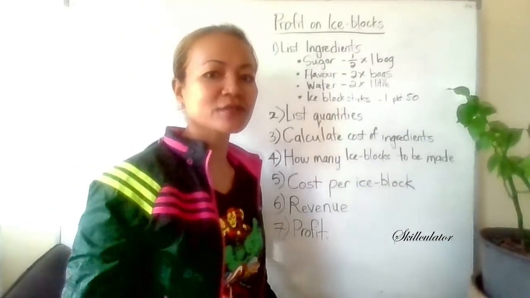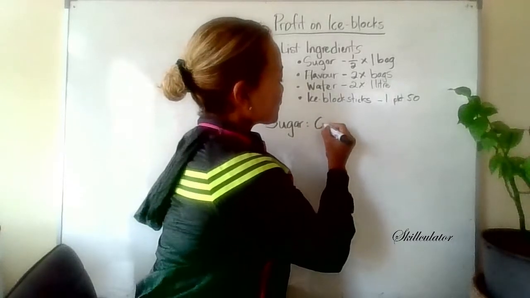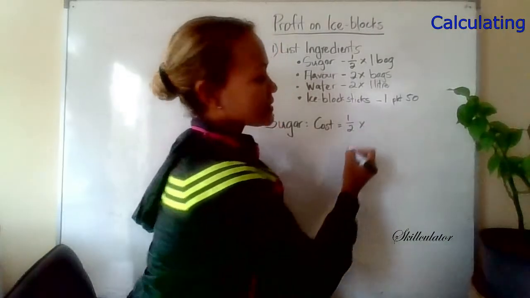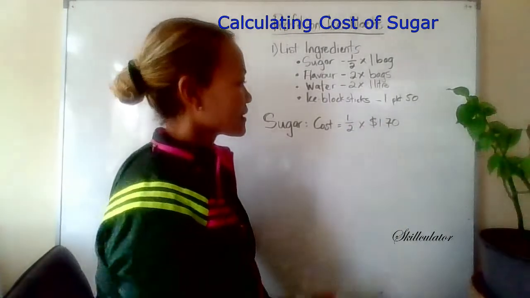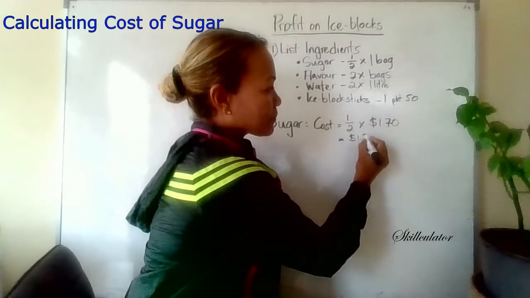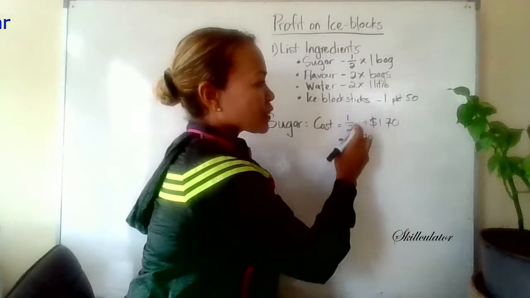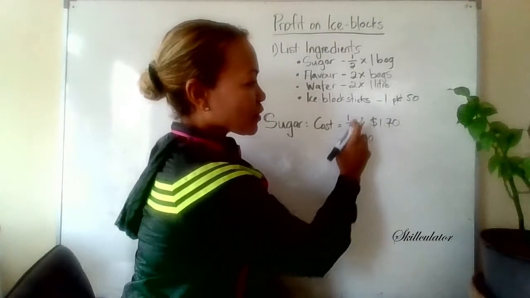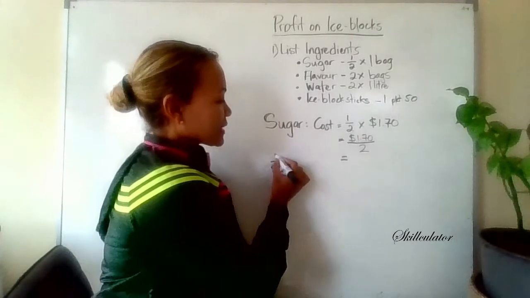If we're calculating the cost of the ingredients here, sugar, the cost is equal to half times the cost of the bag. What did we say it was? $1.70. Half times $1.70. So $1.70 goes on the top, because 1/2 times any number is the same as 1/2 times that number over 1, right? So you end up with this number being on the top and 2 being on the bottom. If we do a simple division on this side, then I can work it out later. Divide by 2,